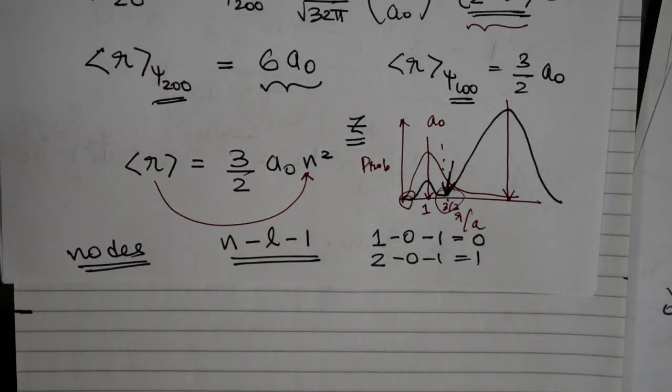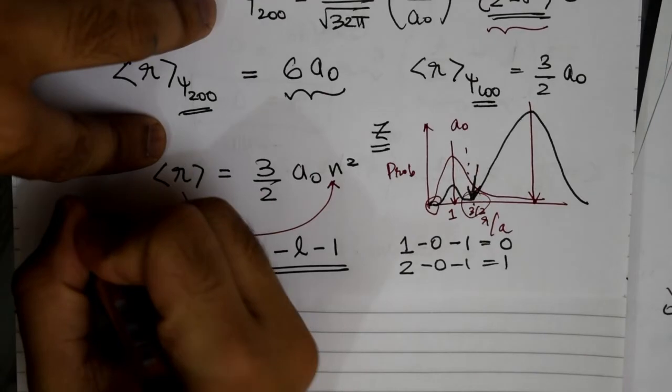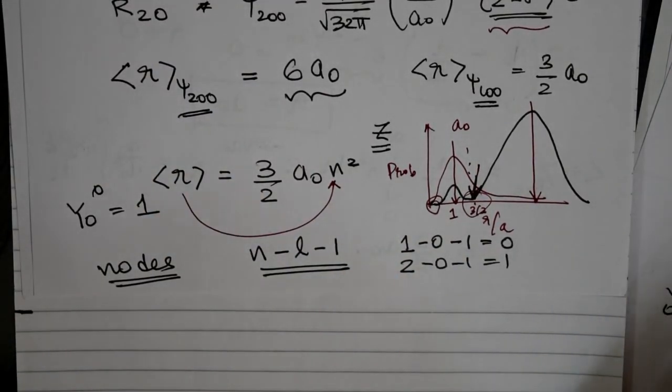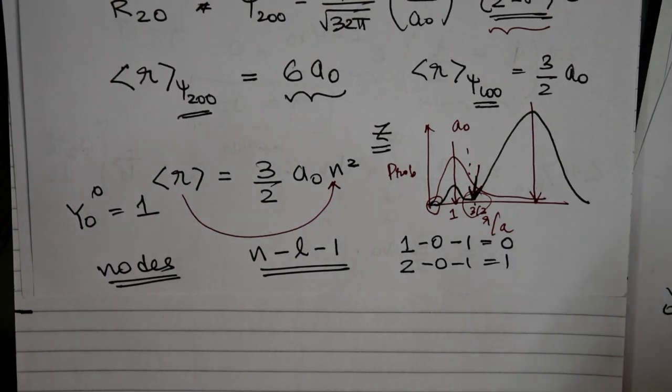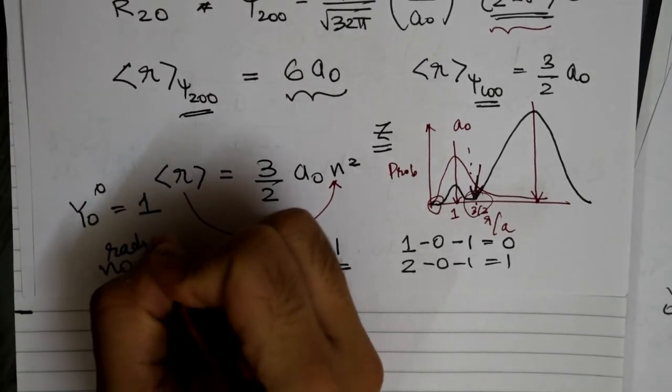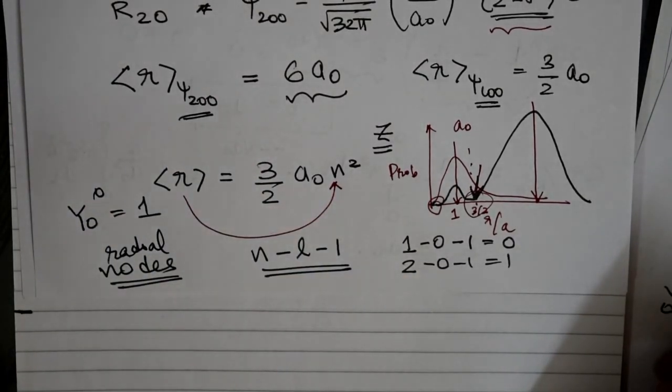And for the s orbital, since you know Y00 is nothing but 1 by square root of 4 pi, you realize there are no nodes that come up due to the angular part. And as we go to the other orbitals, you will start to see the angular part also contributes to the presence of nodes. So one has to be careful in determining how many nodes are present. So n minus l minus 1 gives you the number of radial nodes that will be present, and the Ylm will give you an understanding of how many angular nodes are present.